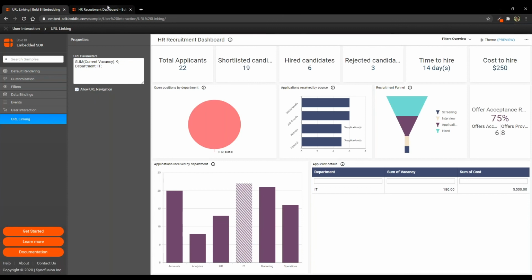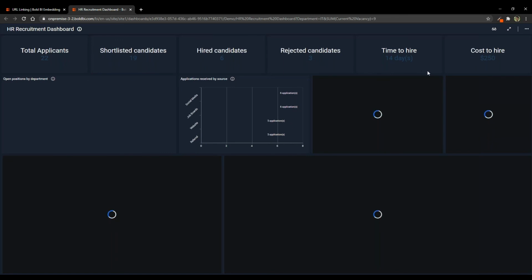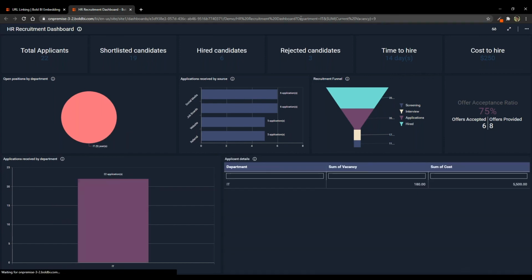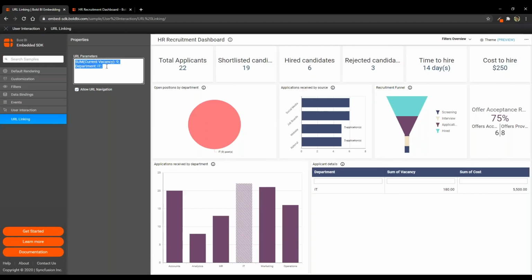As I have enabled URL navigation, upon clicking that, I'm able to see the dashboard opened in a new tab, which again I can control to be opened within the dashboard itself. And based on the selected value passed in the URL, department equal to IT and current vacancy 9, you could see those values being populated here as well, right?